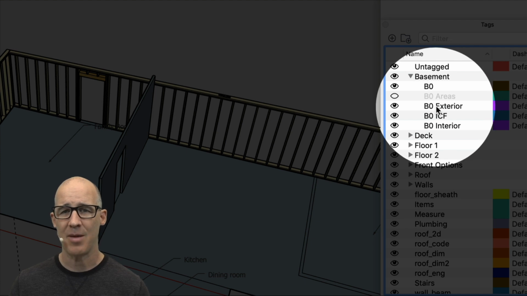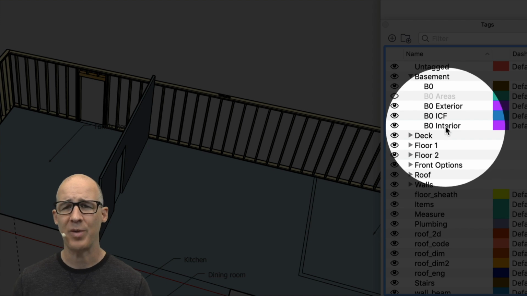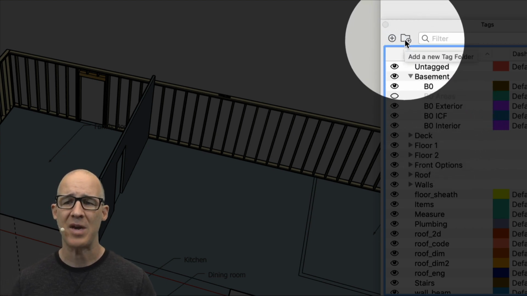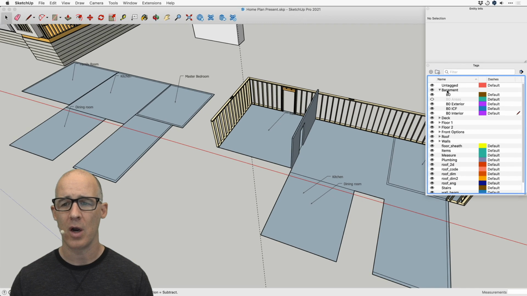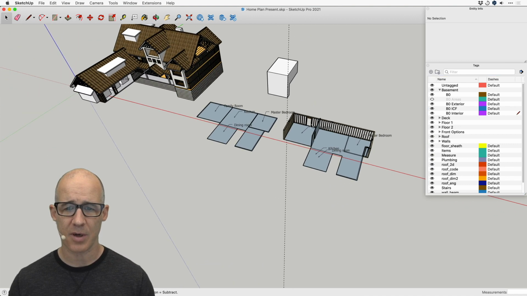Then I have predominantly an exterior and an interior. And then within that, there will be additional layers. Of course, with 2021, this folder really helps me out because it allows you to create one folder for each floor of your build. So in my build right now, what I'm going to do is